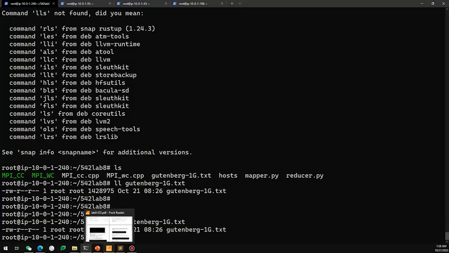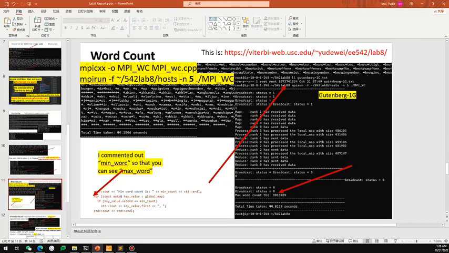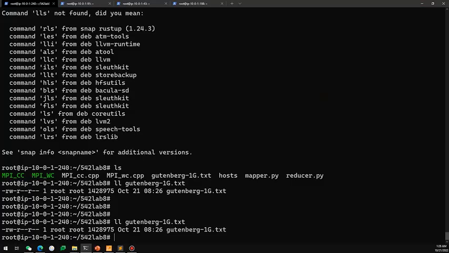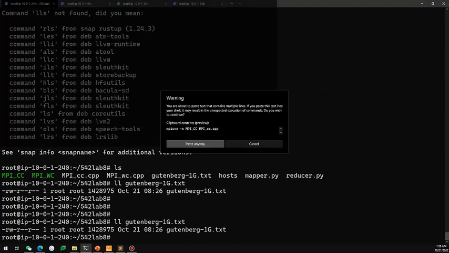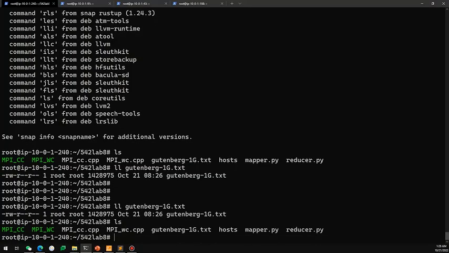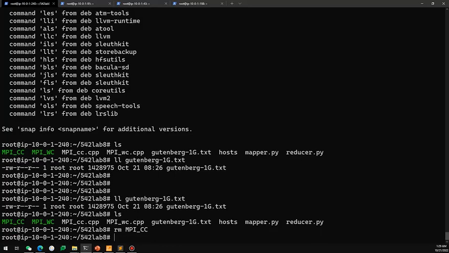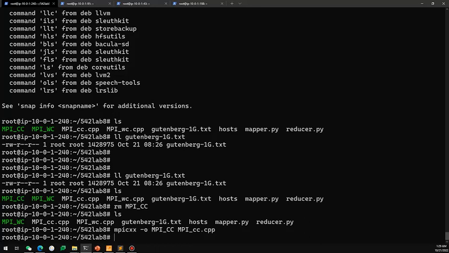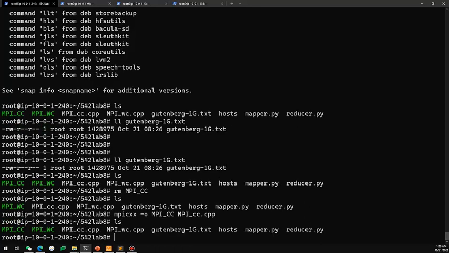Do we have the command here? We use something like this. I will show you this character count, and we use something like this to compile the code. Yes, we use this file, and you see, I will delete this, rm MPI cc, and we don't have it now, and we compile it again, and we get a result, so that we get the binary file again,